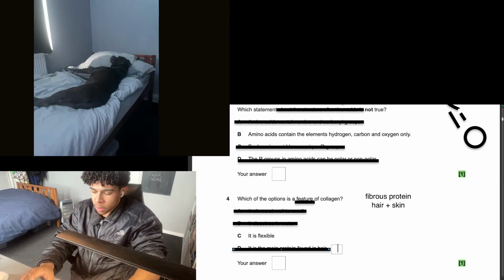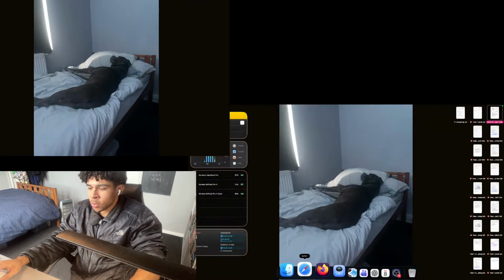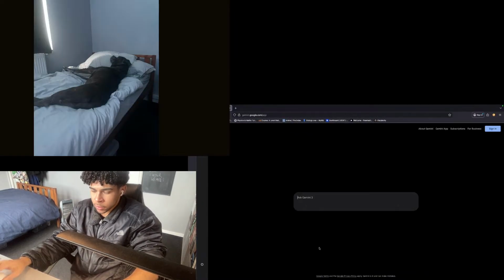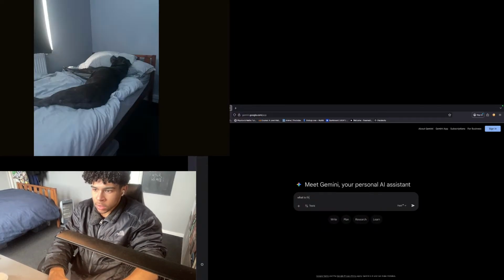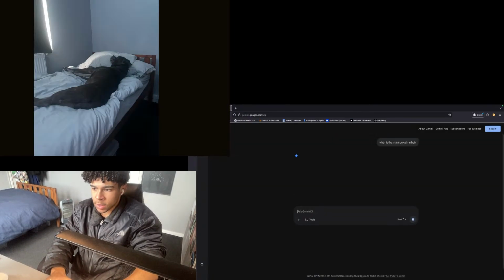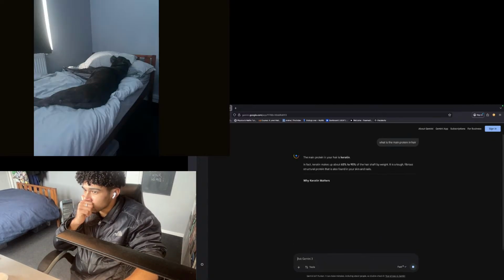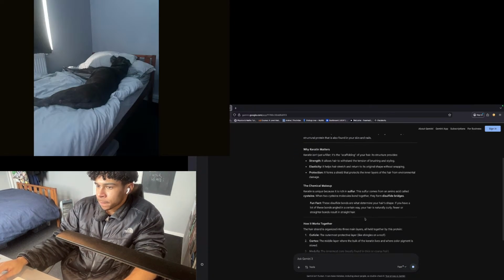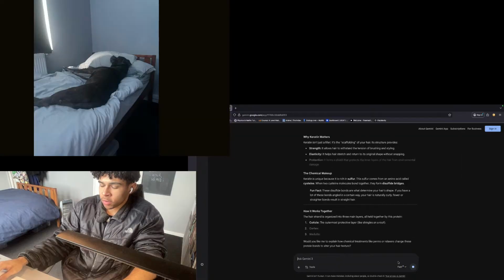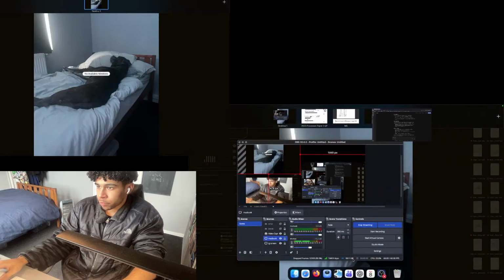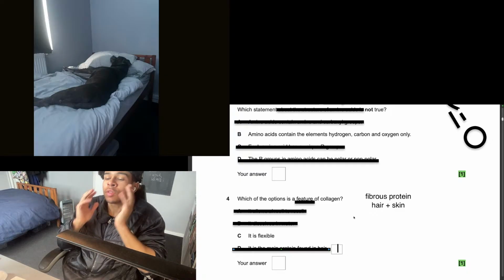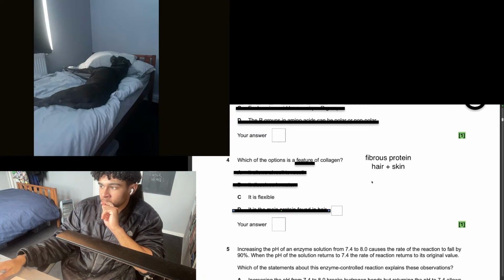I'm gonna search it up. I'm gonna use ChatGPT. I know we shouldn't be doing this in the middle of an exam, but I don't think they're gonna ask another question like it. What is the main protein in hair? Keratin. I was right. So that was just wrong. And then I know from looking at facial products, they say high in collagen, but it's not a proven thing. Anyway, yes, that's 4 out of 4.